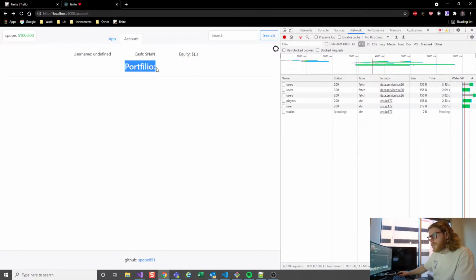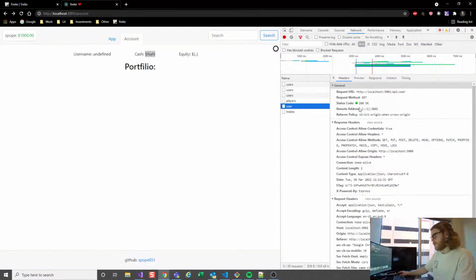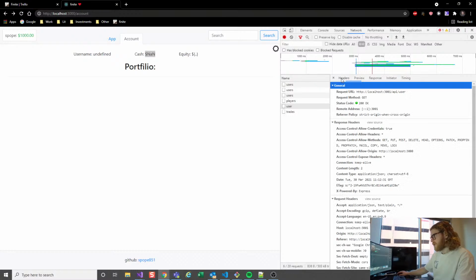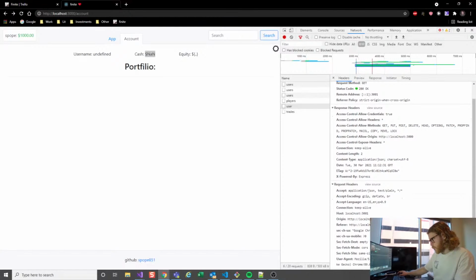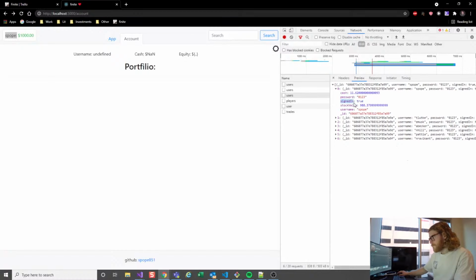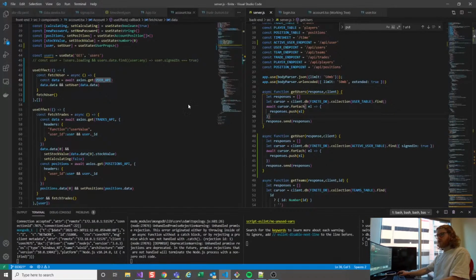Oh, this is actually gonna work now. Maybe not. At least it knows someone is signed in, but now trades is not gonna work, I guess. I'm not sure what's going on there, but user 200. That's why. Okay, we're not getting the user through. But we are signed in. Signed in true, this is what we're checking for. Let's make sure this all makes sense. Get user,